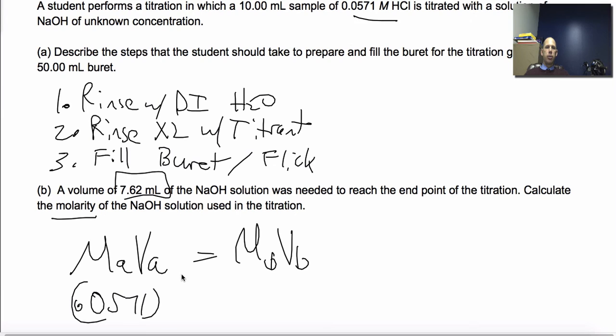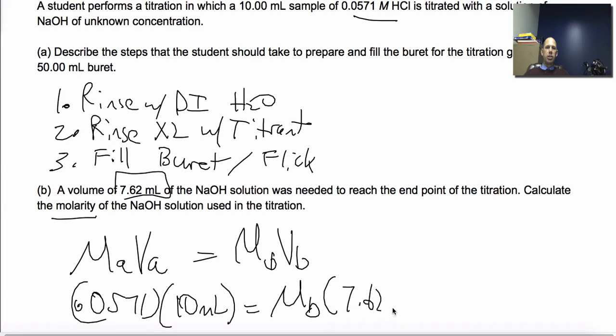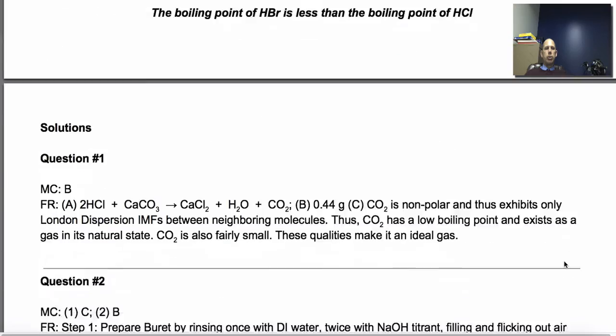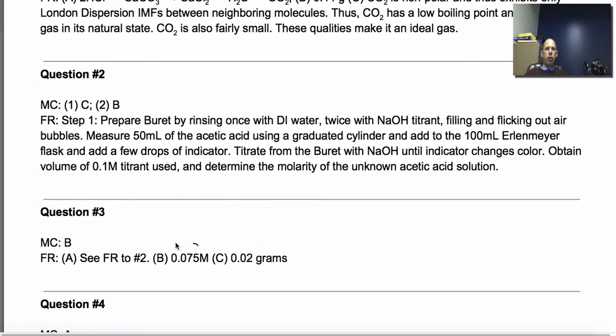Got that from here. And every 10 milliliters is equal to molarity of the base in 7.62 milliliters. Okay, and you're going to do that out. I believe you get 0.074 molar. You do that out. Let's go through and look at my answers I put down here for number 3, 0.075